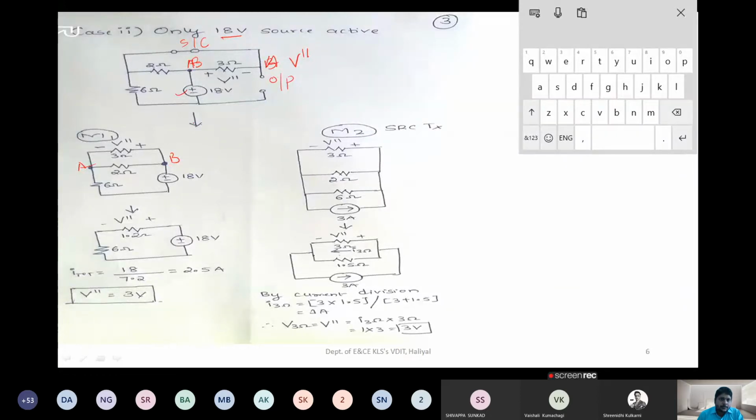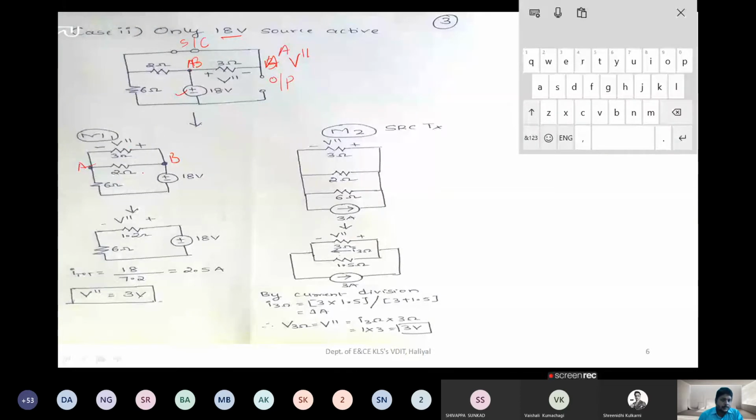Okay. So what I have done is, I have kept this as it is. Then this 3 ohm, if you take 3 ohm, that is parallel with 2 ohms, right? So this is positive, point B, point A is negative. So 3 ohm and 2 ohms will come in parallel. Now this 6 ohm resistor is connected to which point? This point is A. So it is connected to A, right? So we can do that.